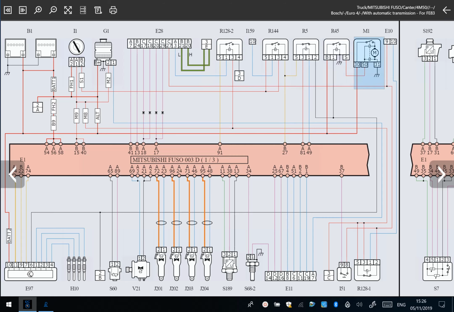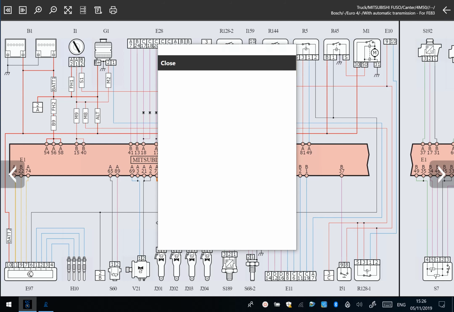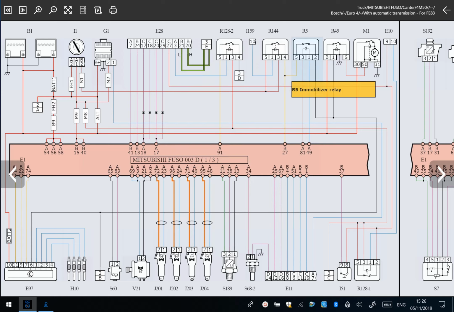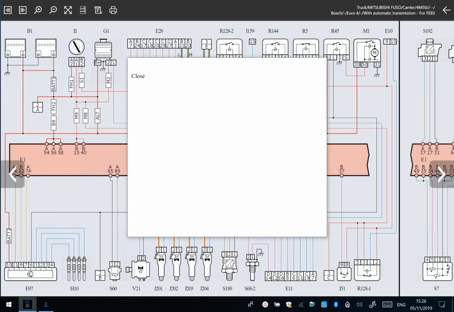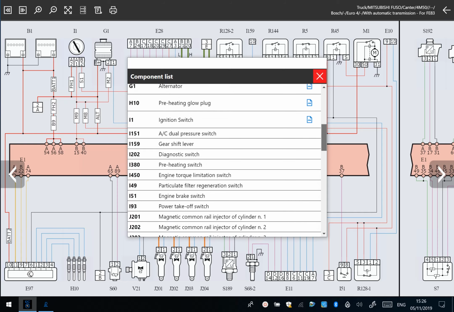that particular system. Now obviously you've got your main ECU here, and what you can do is bring up the pin configuration, which, as you're well aware, is different on every manufacturer. So again, that helps you determine where the issue might be. You have a legend up here, which you can flick through all of the components in this particular diagram,